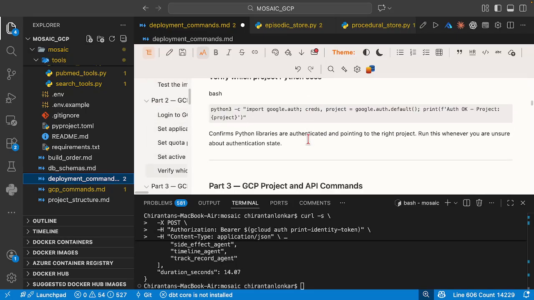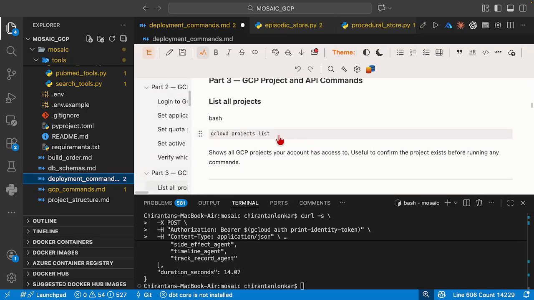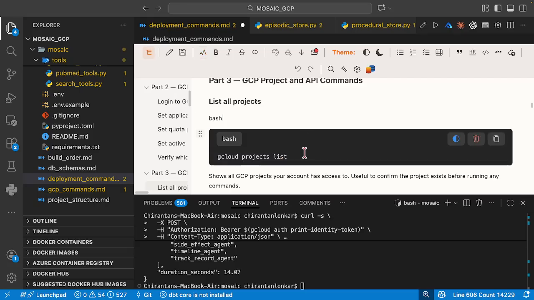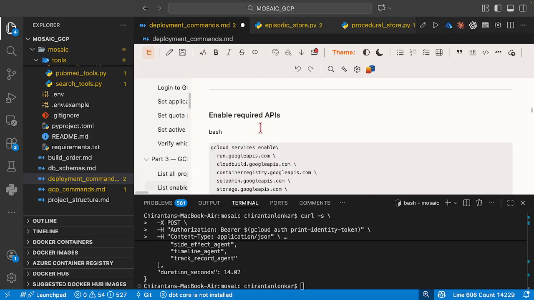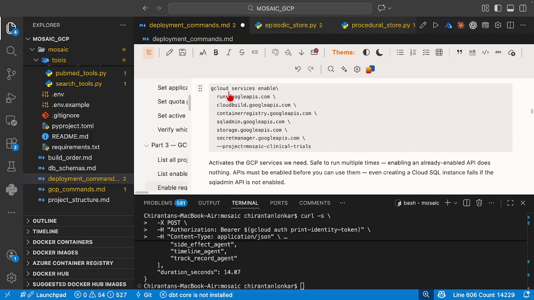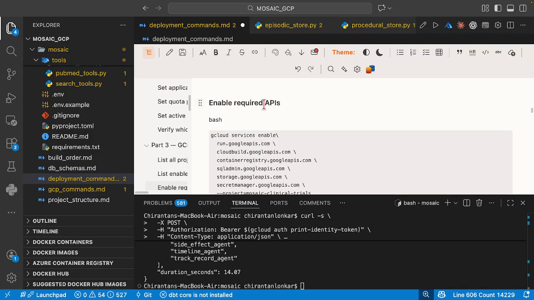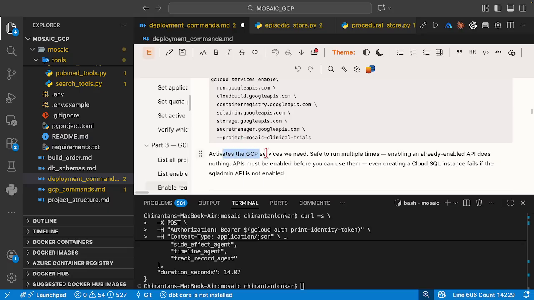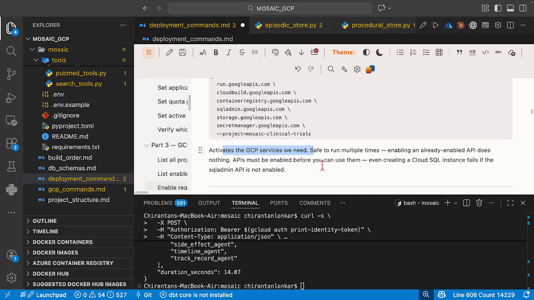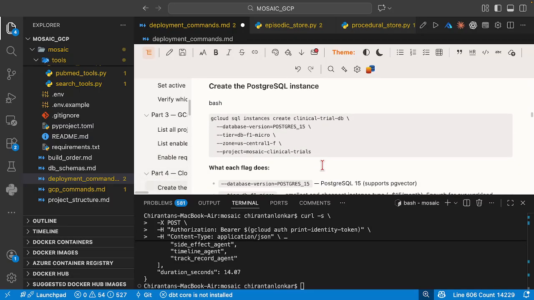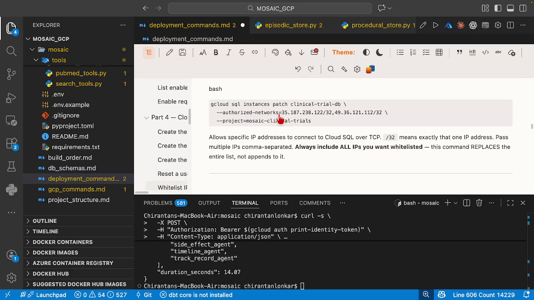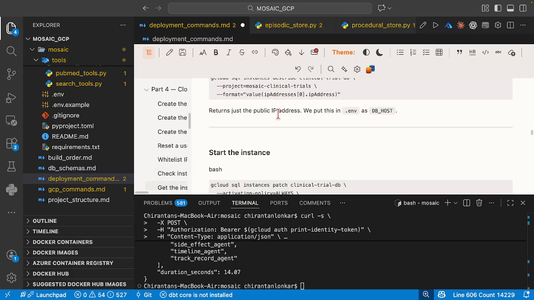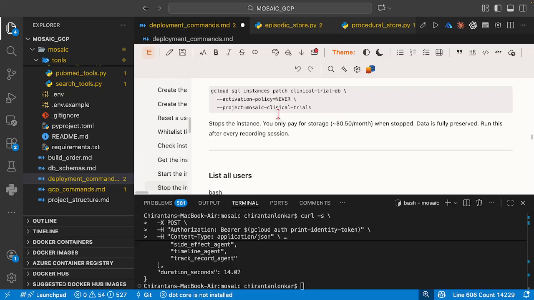First and foremost, just look at the cloud projects list. Just run this command and make sure that it is enabled. Then just check if all the services are there or not. Then run this command, enable required APIs. This is going to activate all the GCP services that are required. I think these are just the commands that we have already run, which is fine. After this, what you can actually do is